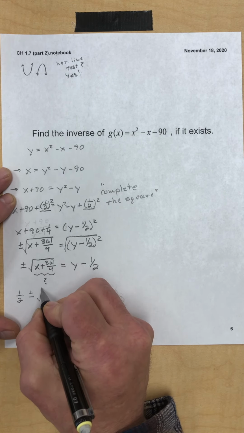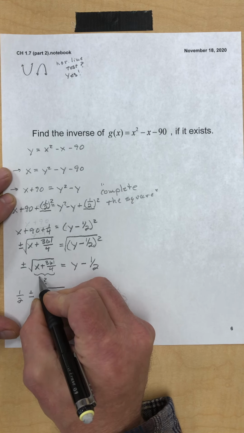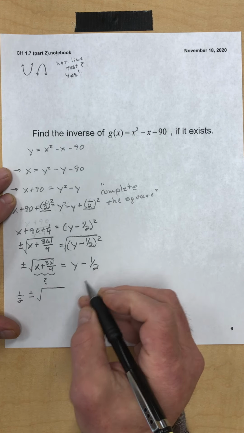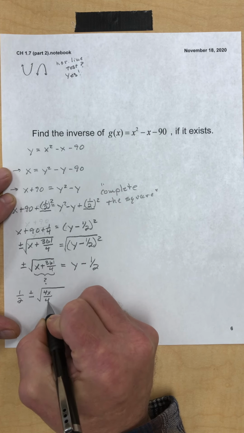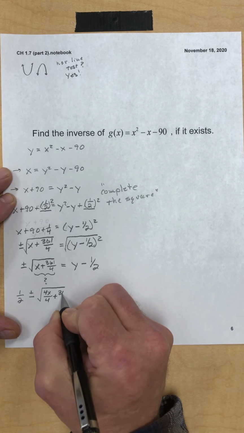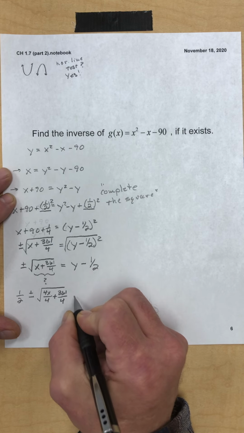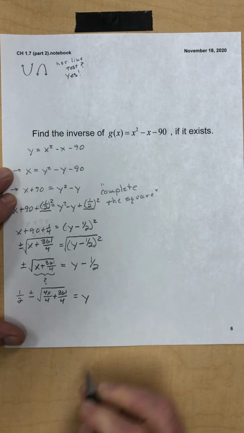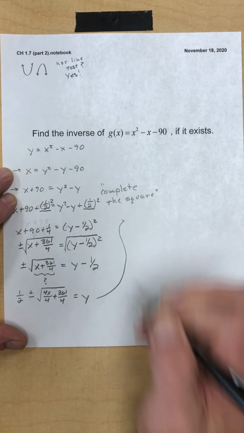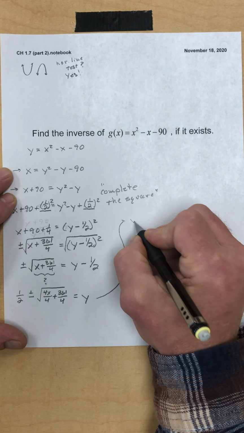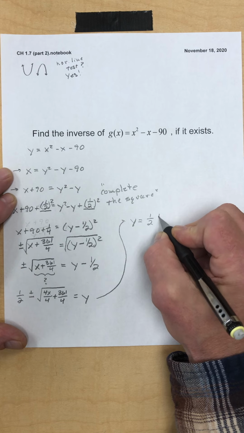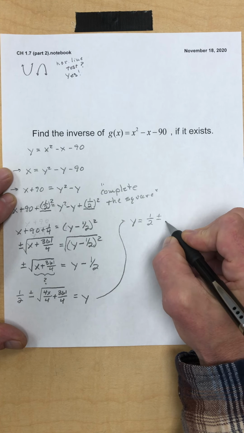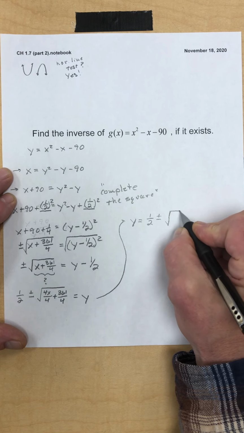Well, we take a look at this. Notice that's like x over 1. So the least common denominator would be 4, so I'd get 4x over 4 plus 361/4, and that's equal to y. So let's see, we get y equals 1/2 plus or minus the square root of